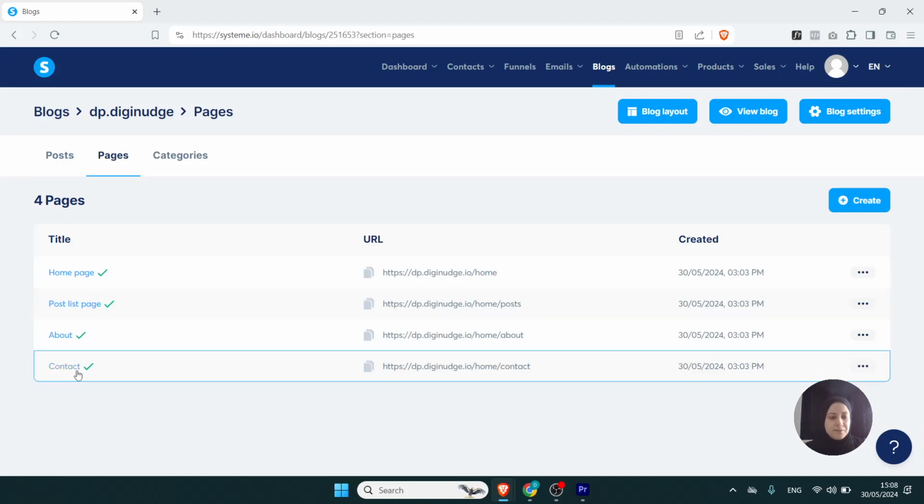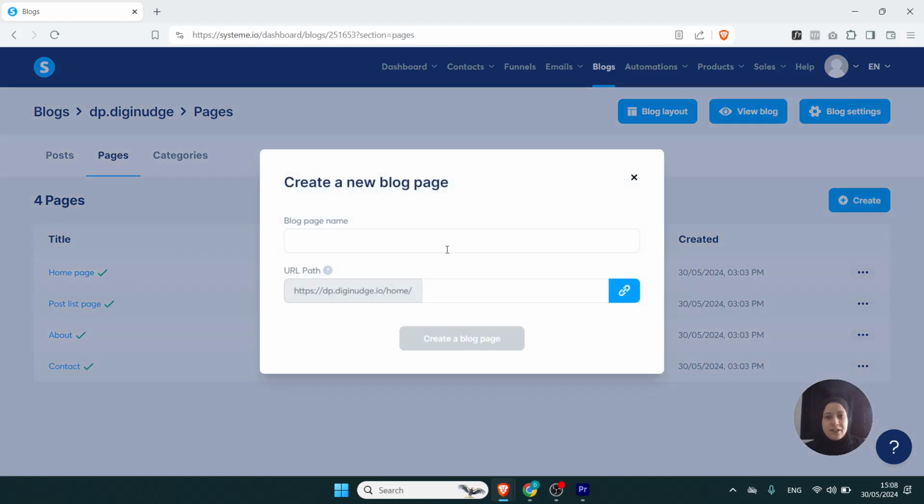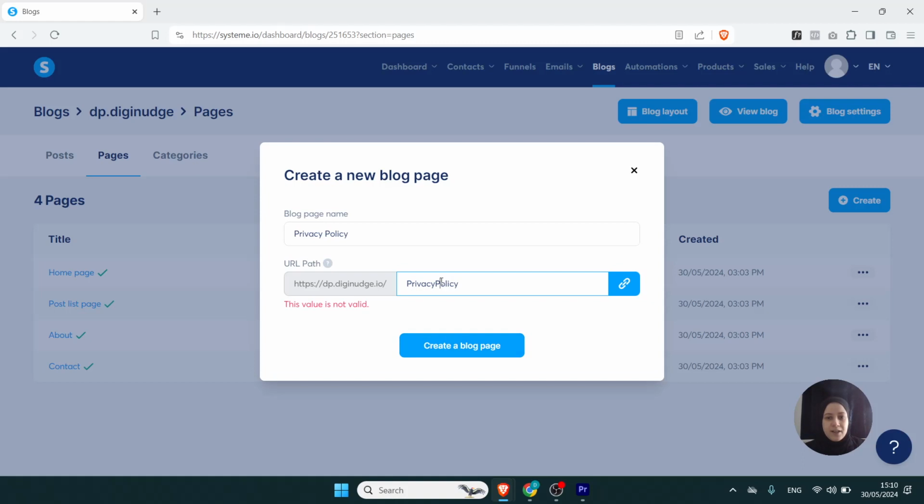Now on pages, the contact page is created for us, so if you don't have it there, you can create a contact page, or let's say it's a privacy policy. You click create and give it a name, privacy policy, and you copy the name and add it to the path because you don't want it to be the same as the home page. And then create blog page. Well, it doesn't accept capital letters,